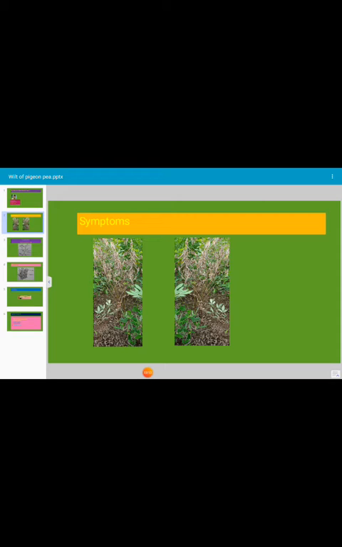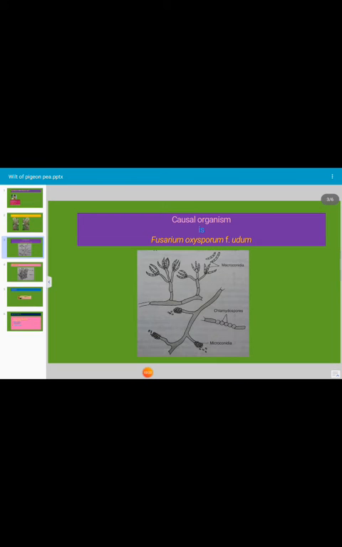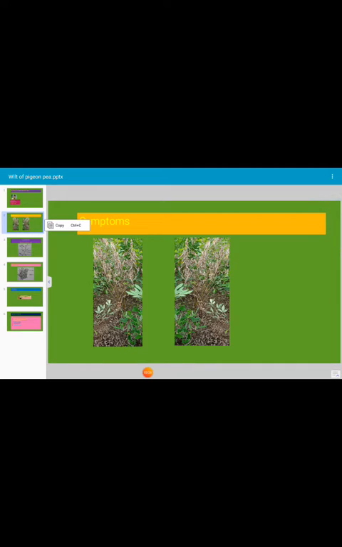This pipeline gets blocked by the growth of the fungus inside the xylem vessel, and because of excess growth of the pathogen inside the xylem tissue, the water supply to the upper side of the plant is blocked, and because of this the wilting occurs, and drying of the plant takes place,